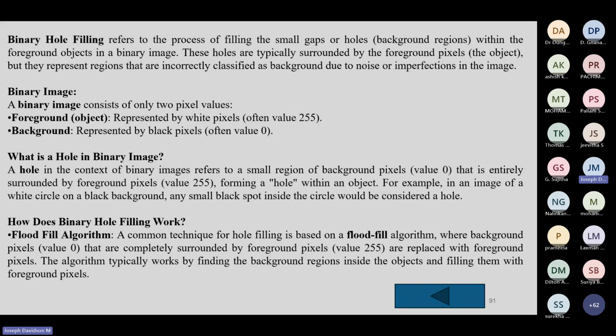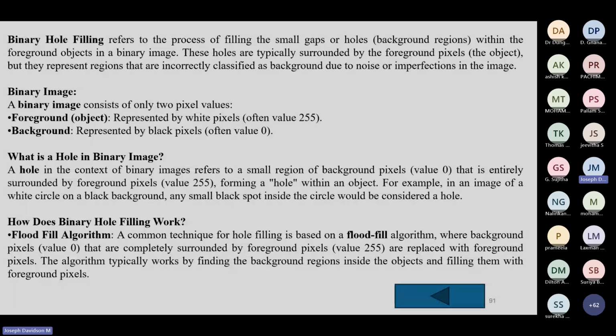So we are taking a binary image. The binary image will have only two pixel values, either 0 or 255. The foreground object, the object that we want, let us say is white, with a value of 255, and the background, which is not needed, I say has a value of 0. How do we identify that something is needed and something is not needed? Basically, a hole is the one that I don't want, right? I want to fill it.